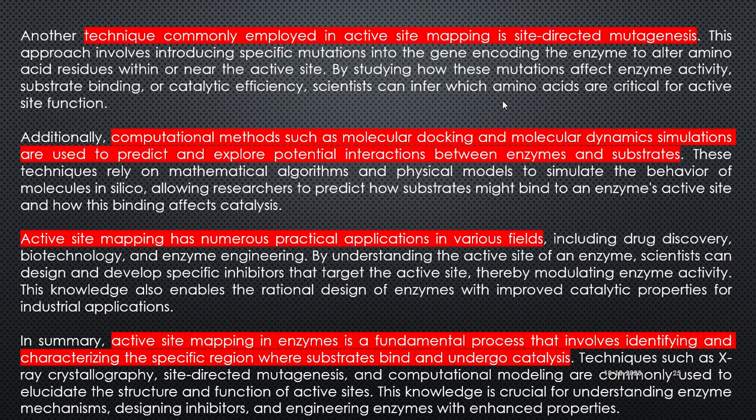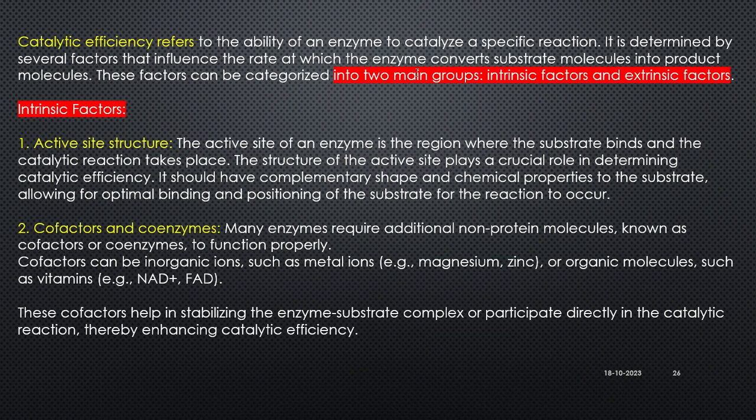And there are in silico models, that is computational modeling, commonly used to illustrate the structure and functions of the active site. This knowledge is crucial for understanding the enzyme mechanism, designing inhibitors, and engineering the enzyme with enhanced properties. So this is all about active site mapping, and we will